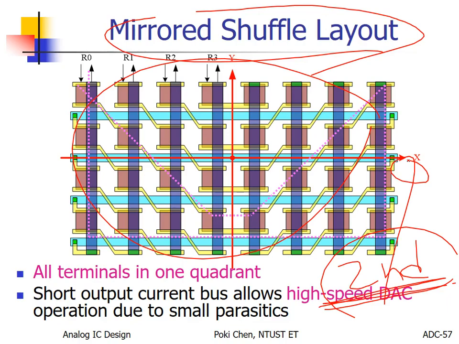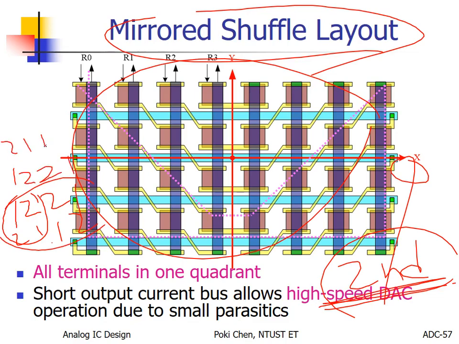All right? So you have 1, 2, 2, 1. This can help you match the first order, and then 2, 1, 1, 2 for the second order, and then you flip it to 1, 1, 2, 2, 1, 2, 1, 1, 2. With this configuration, you can match up to the third order, to the fifth. We have a systematic way. That is what I'm talking about. A systematic way to match